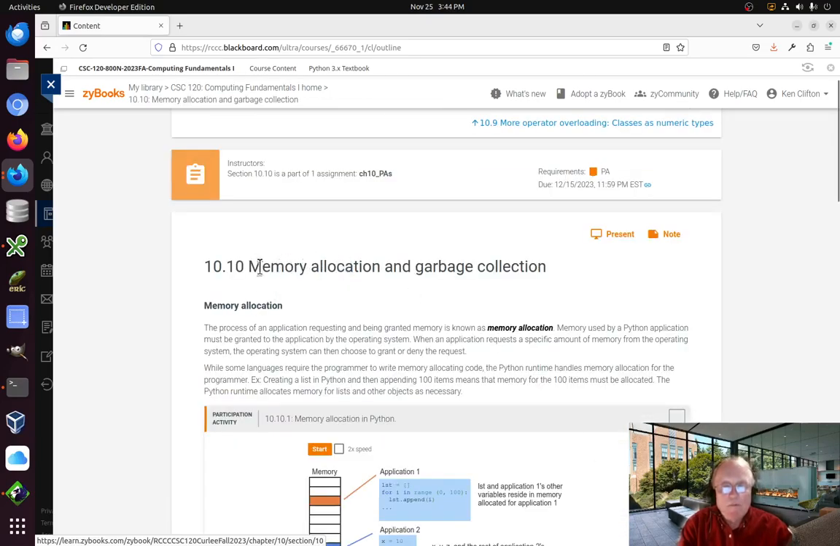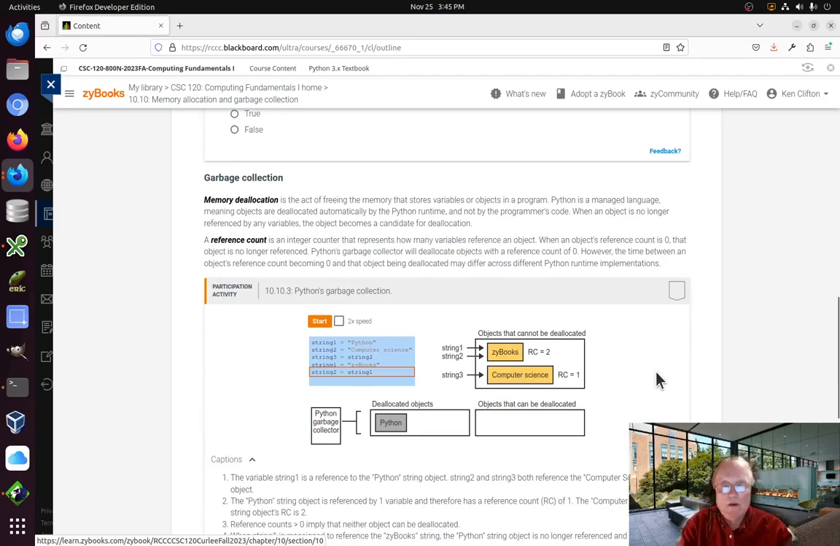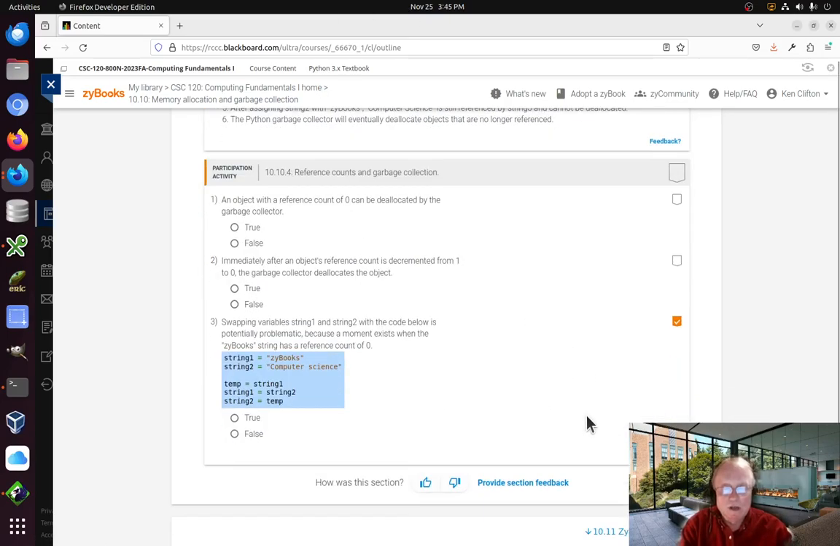Down here where it's talking about memory allocation and garbage collection, there's actually a video out there in that material that I did for you where it's talking about the destructor method. The destructor method that runs when the garbage collector comes around and gets rid of all the objects that have been deleted. Okay, so it'll talk to you about the memory deallocation and a reference count and all that. Might make more sense to you after you watch